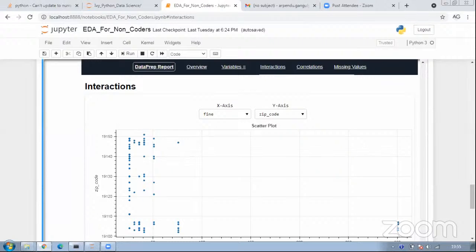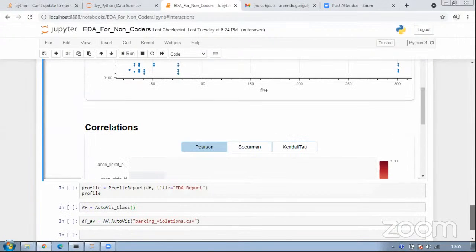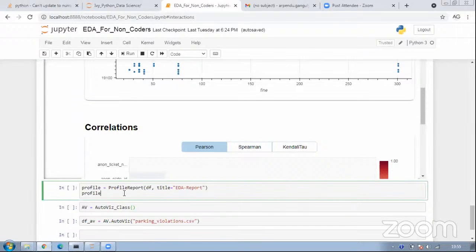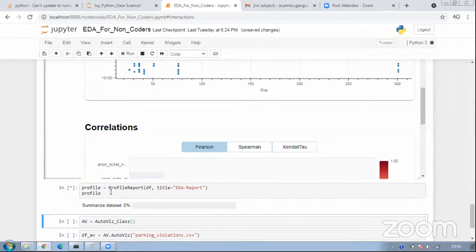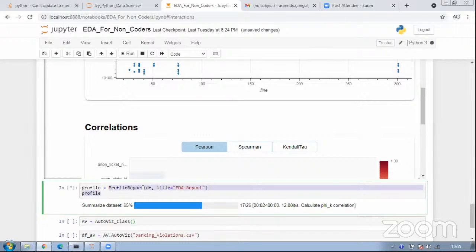Now we have about 5 more minutes. I wanted to also show you the other two packages which we have. Another one is basically profile report. Profile report DF, this is just the title which I've given, EDA report.